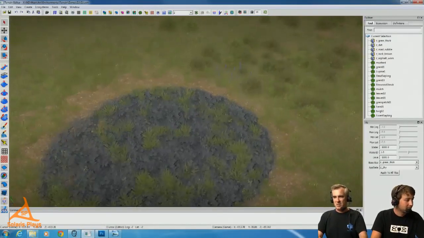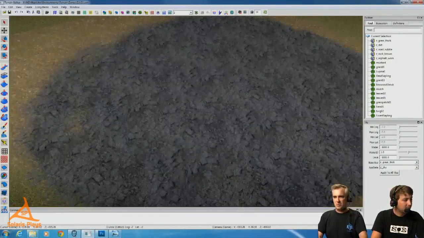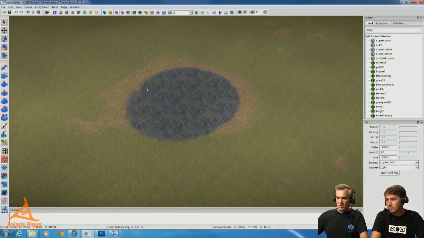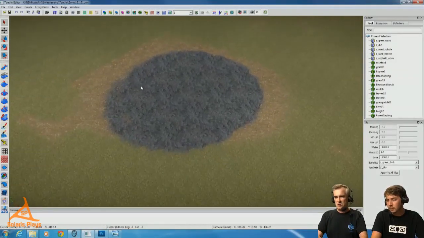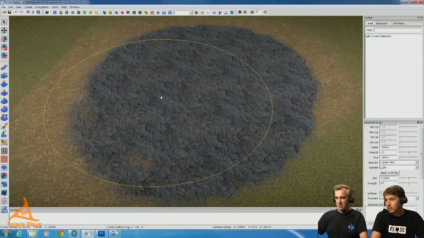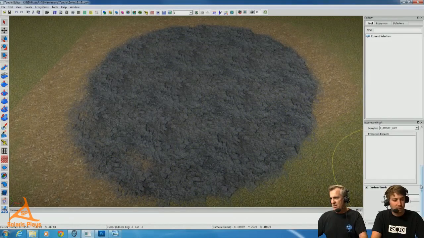So here's, turn off all the grass. This is one of our asphalt textures. Again, Roel made this one, and we could do some really nifty things. I just put down this ugly glob. Normally, we don't paint like that. We'll come in and use some smooth